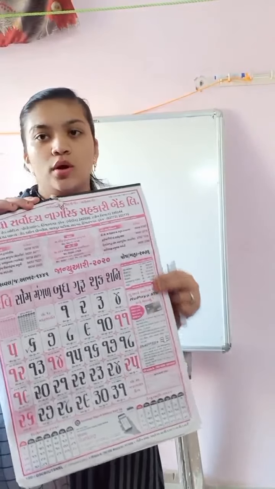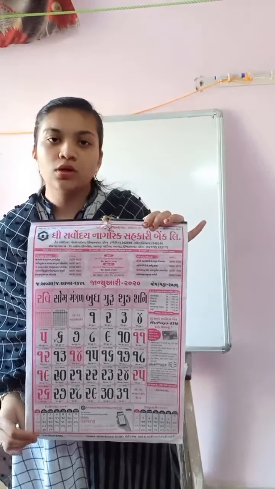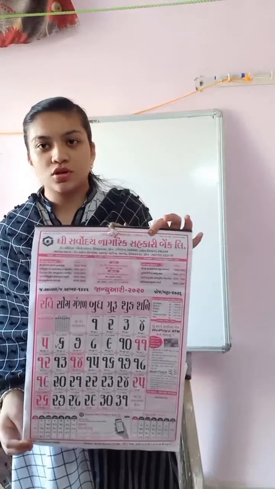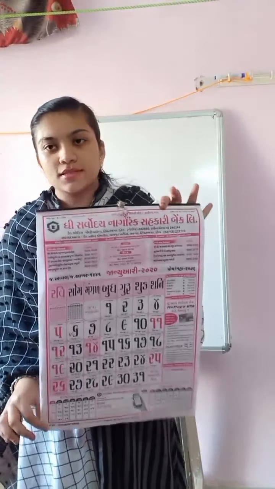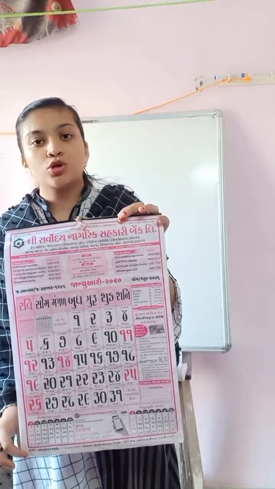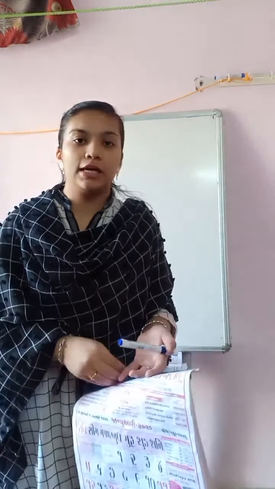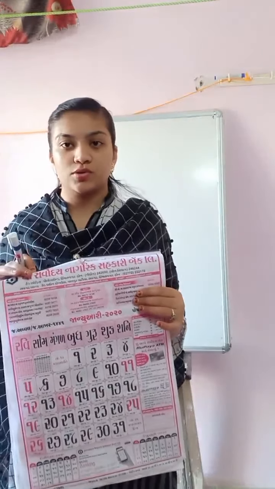Before starting the next topic, I want to show you something. What is this? I think everyone has this at home, in schools, in their offices, their parents' offices also. This is a calendar. What is the use of that? It is used to show the months, the date, the days. A calendar is the most powerful thing used to show everything like the date and the month. It will also show the year.